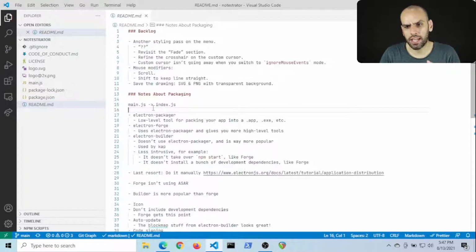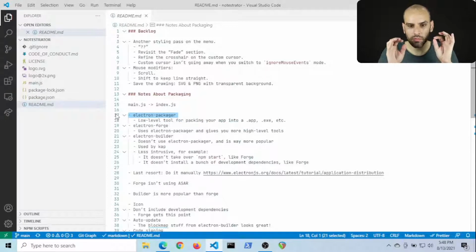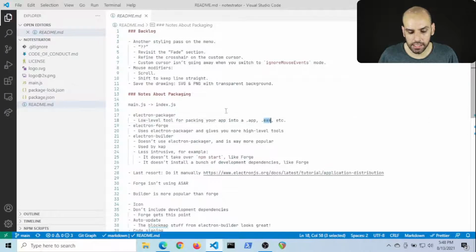Yesterday in the stream, we were reading the docs, reading the README, all over the place, learning about the space. And now I know a little bit more about it. So Electron Packager is a low-level thing, like we learned yesterday. It takes your Electron application and bundles it with the Electron runtime. That's what it does. It generates things like .apps for macOS and .exes for Windows.